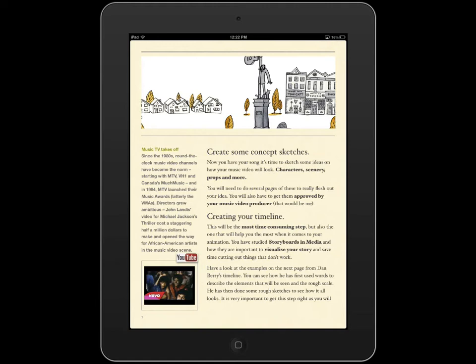So you've picked your song. Okay. Once you've picked your song, you need to make a couple of really quick concept sketches. So a concept sketch is basically an image that you can use to come up to me and say, you know what, this is the song I'm doing, and this is kind of what it's going to look like. This is kind of what I'm going to do. So it's a visual way to explain yourself. So you might have your characters, your scenery, your props, what it's going to look like. Think of it as drawing maybe one scene of this music video you're making. So that's your concept sketches, alright?